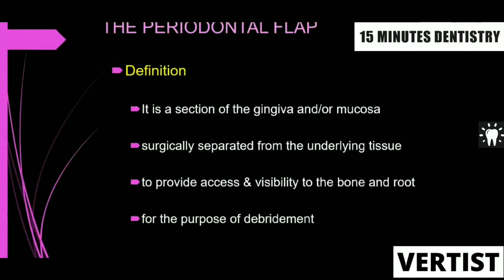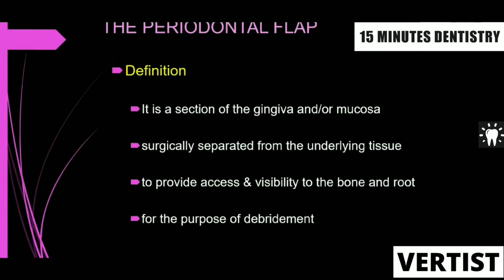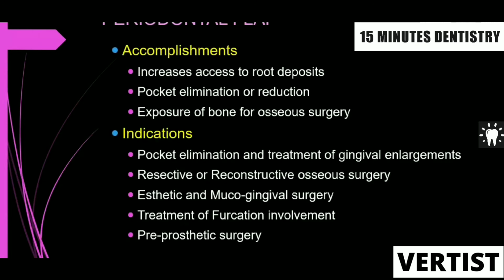A flap is a section of gingiva and/or mucosa which is surgically separated from the underlying bone, from the underlying tissue, to provide access and visibility to the bone and root for the purpose of debridement. It increases the access to the root deposits, causes pocket elimination or reduction, and exposure of bone for osseous surgery. It is indicated whenever there is a pocket elimination and the treatment of gingival enlargement, resective or reconstructive osseous